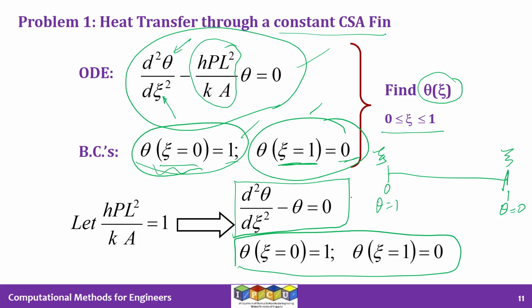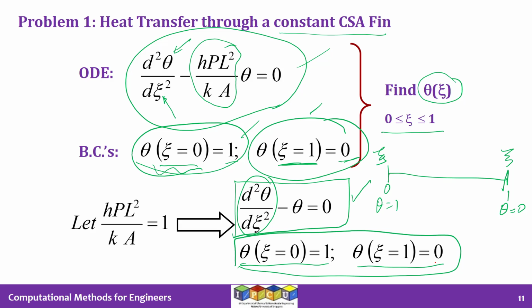Kindly note, this is a linear second order ODE. You can examine the individual terms in the ODE and you can conclude that it is going to be a linear ODE, and the highest derivative is the second derivative, therefore it is a second order linear ODE. The boundary conditions are also linear. So you can right now say that after applying the finite difference approximations, you are going to get a system of linear equations that you can solve using the backslash command in MATLAB or by using LU decomposition or Gauss-Seidel.